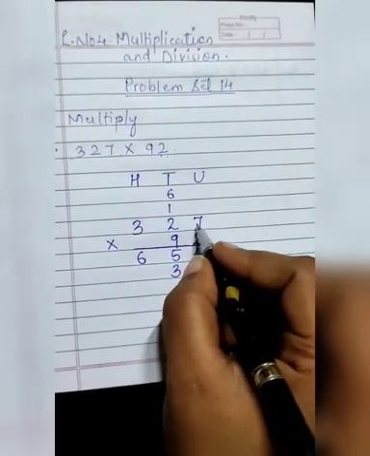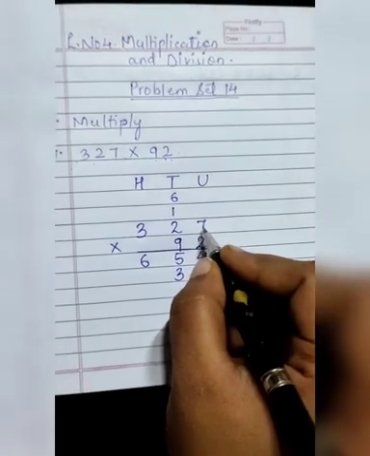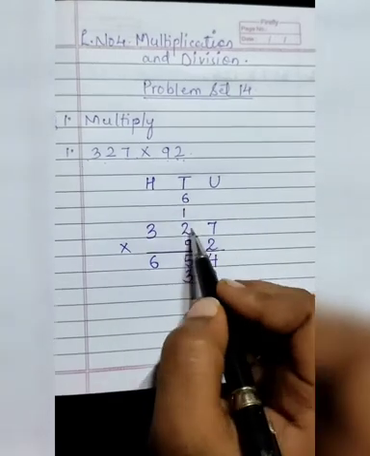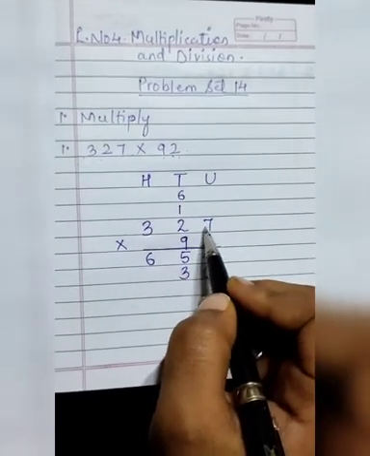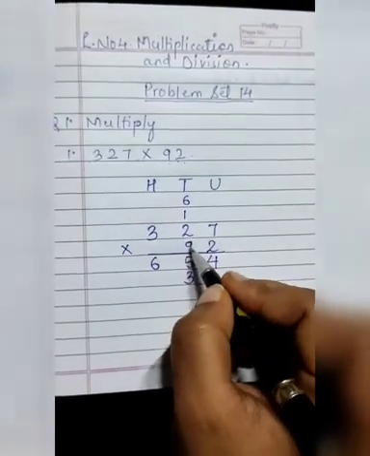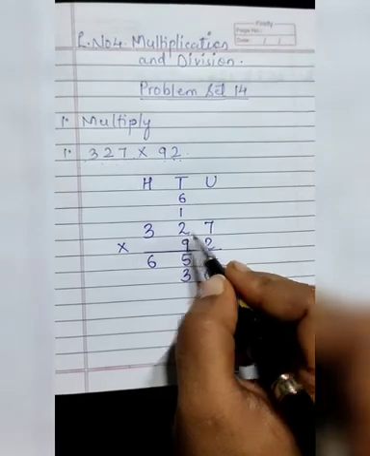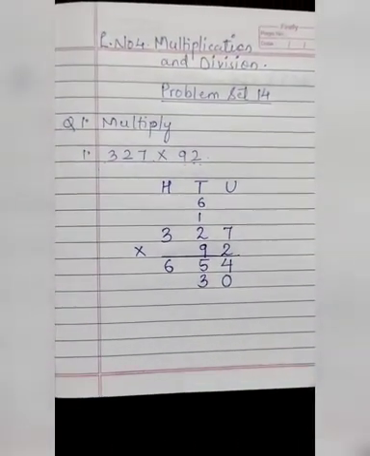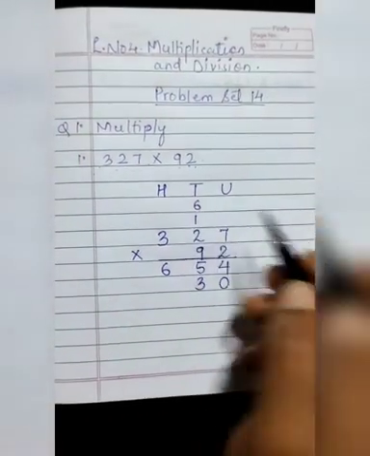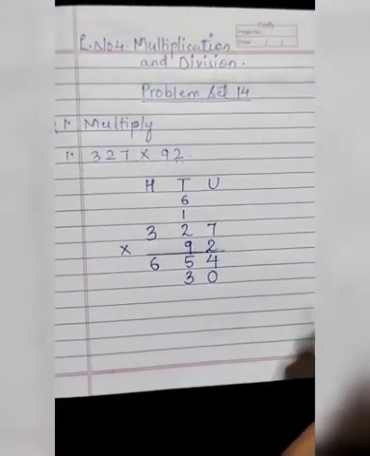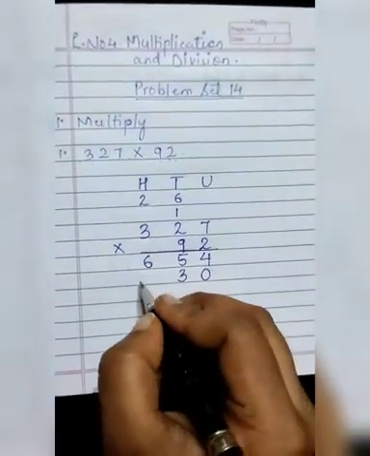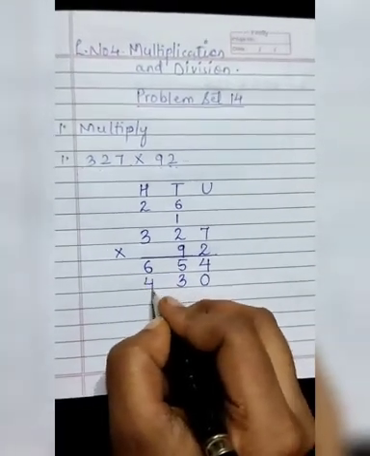Always remember, when you are multiplying any number, if the answer comes in 2 digits, the one number you will carry beside this number, that is 2, above 2. Now 9 multiplied by 2 is how much? It will be 18. 2 nines are 18. So 18 plus 6 will be how much? It will be 24. So 2 I am going to write here and 4 I will write below 6.